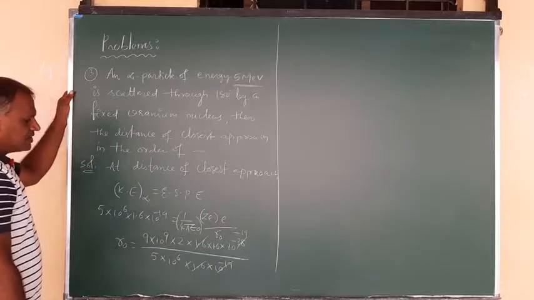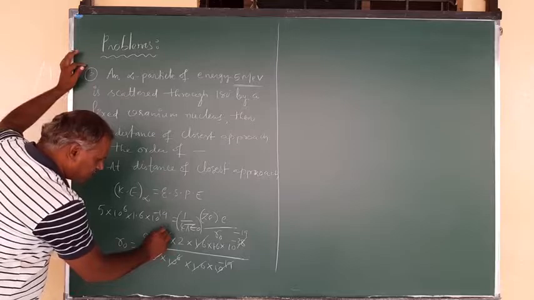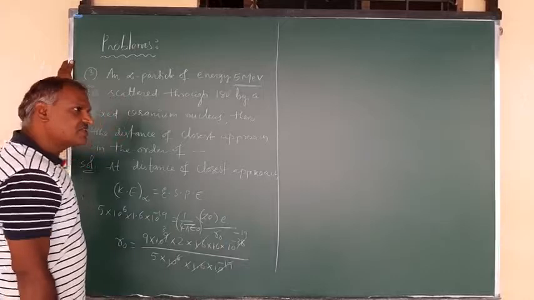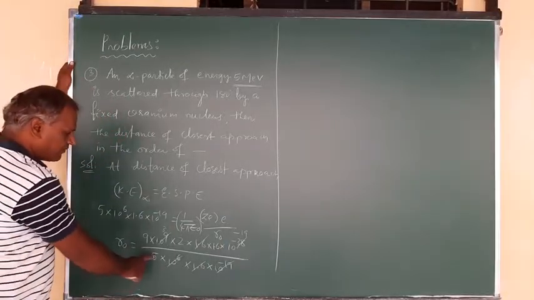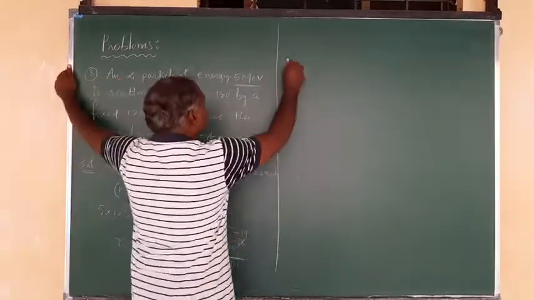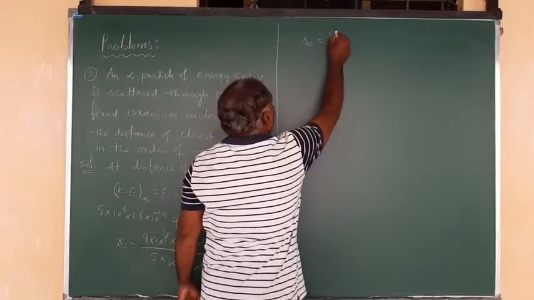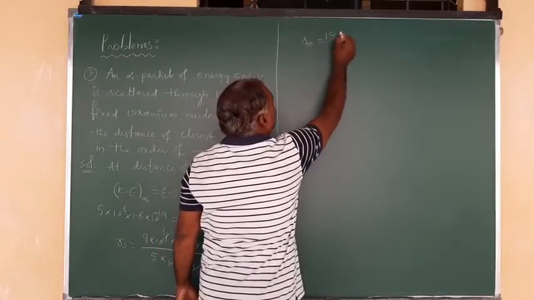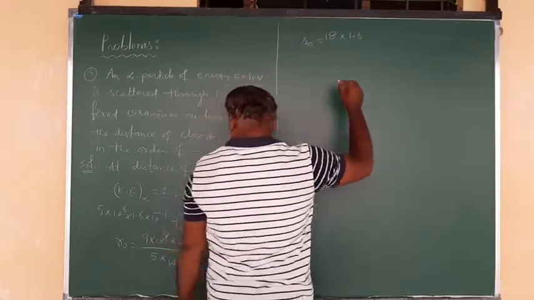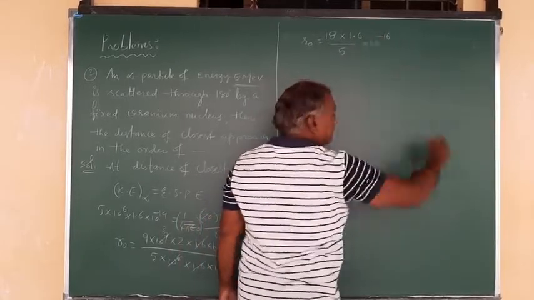In the remaining calculation, from 10 power 6 here 3 remains, so here minus 19 plus 3 gives minus 16. The remaining is 5, and here it is 9 into 2, 18, 18 into 1.6. So I can write R naught, the distance of closest approach, is given by 9 into 2, 18, 18 into 1.6 upon 5 into 10 power minus 16.